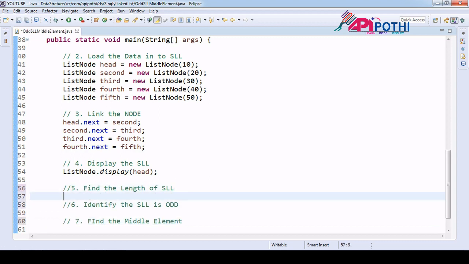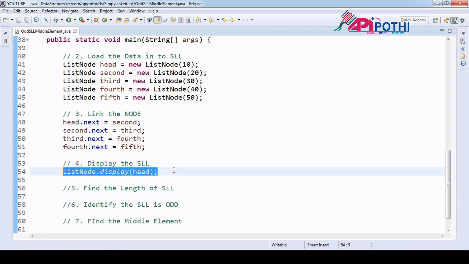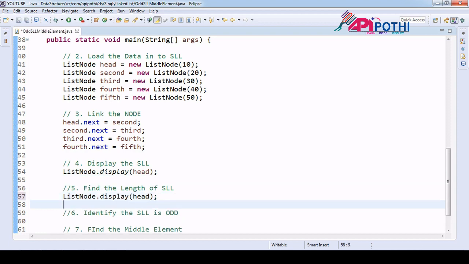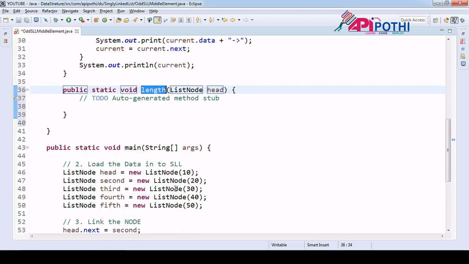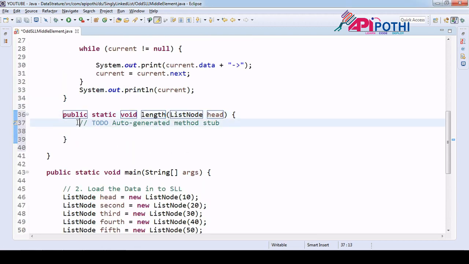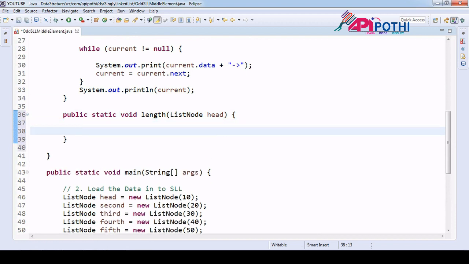Good. So to find the length, again we are going to write the logic to find the length only. So here we are going to rename it as length, and same we are going to pass head as an argument. Accordingly we are going to create it. So we created one API called length, where we are receiving head as an argument,